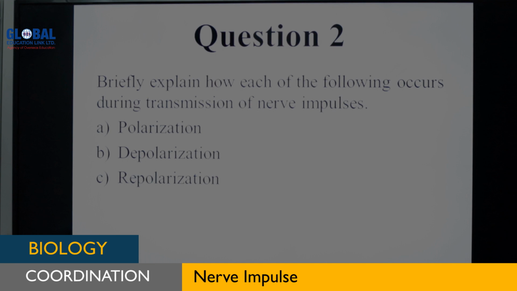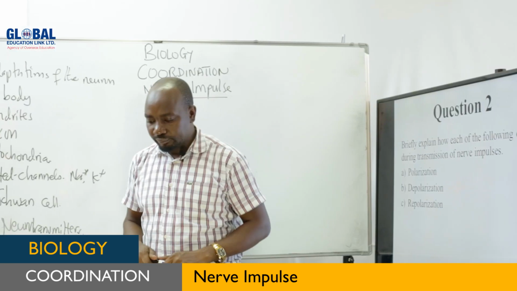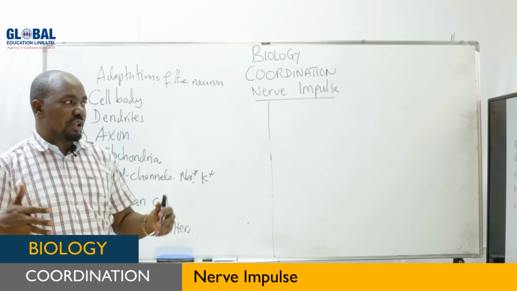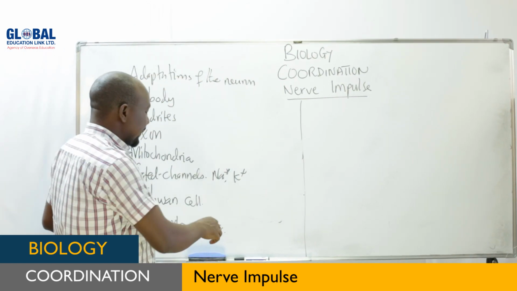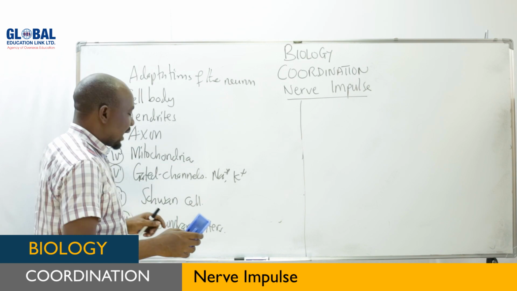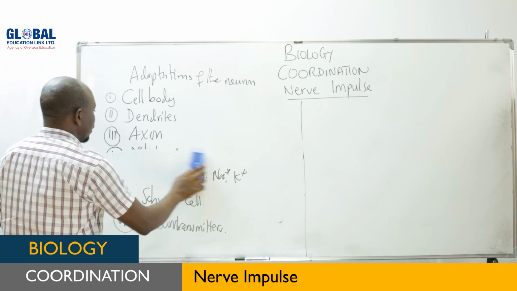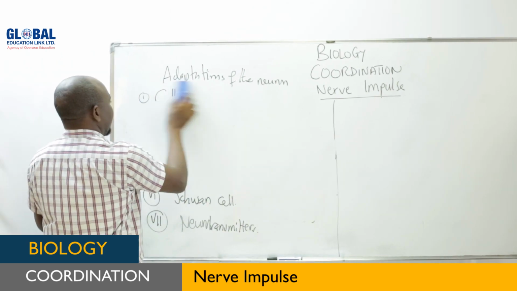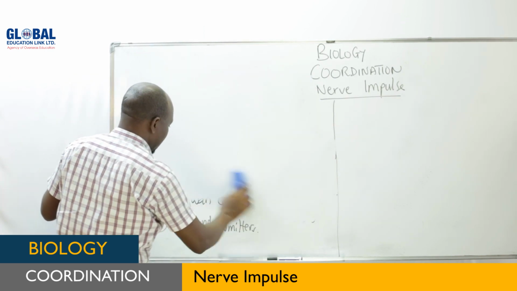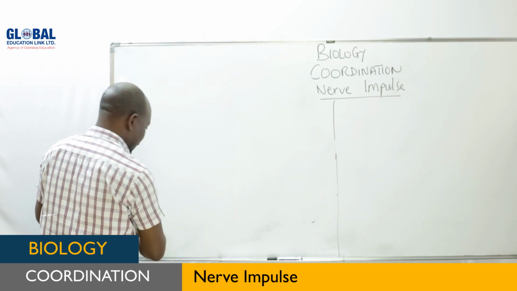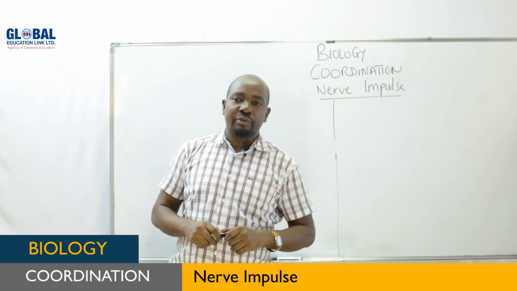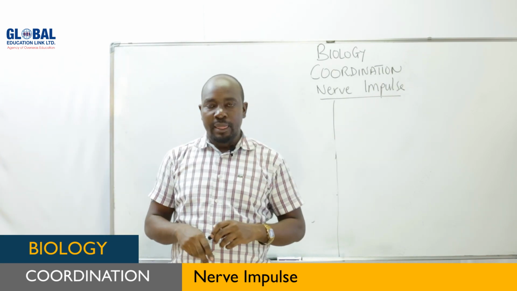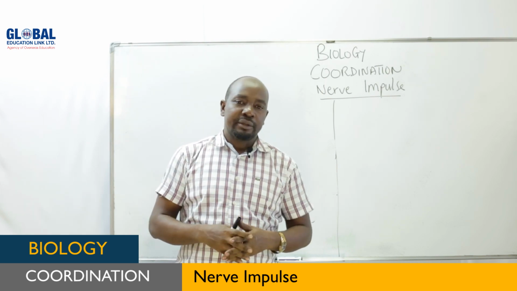And C. Repolarization. These are used in nerve transmission, and they are mainly characterized by ion changes or change in ion concentration. So before we answer this question, we must